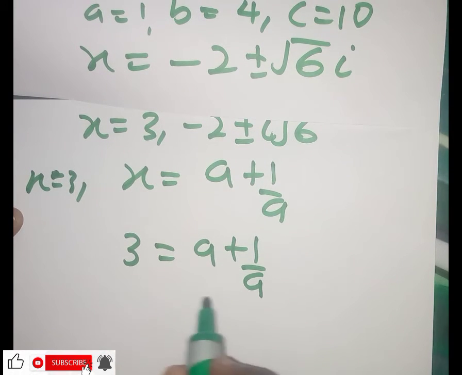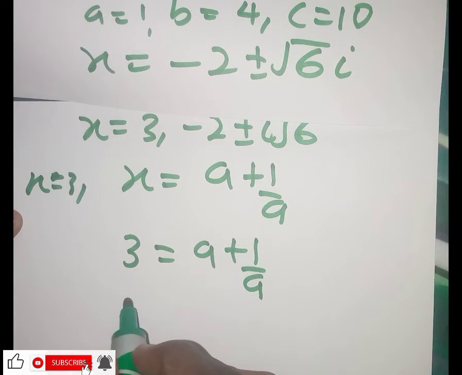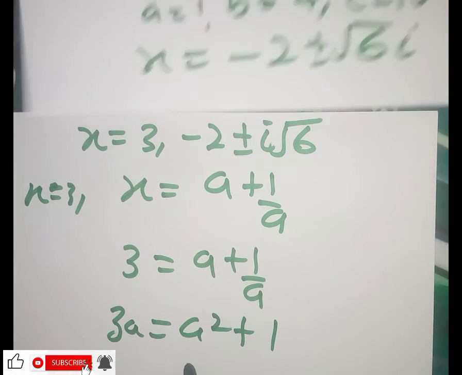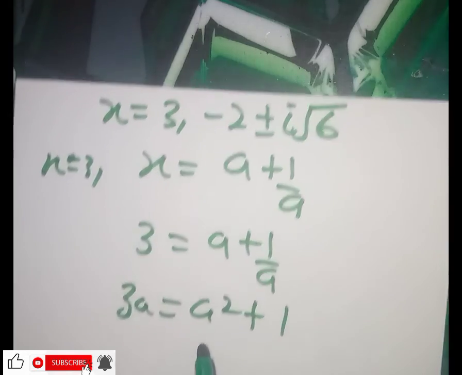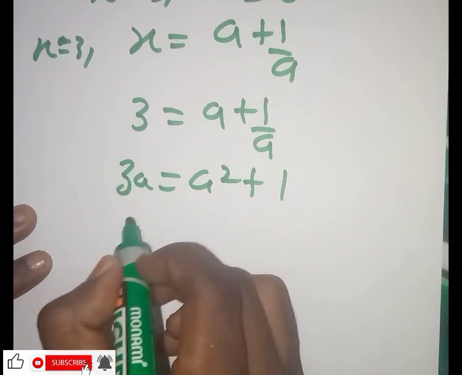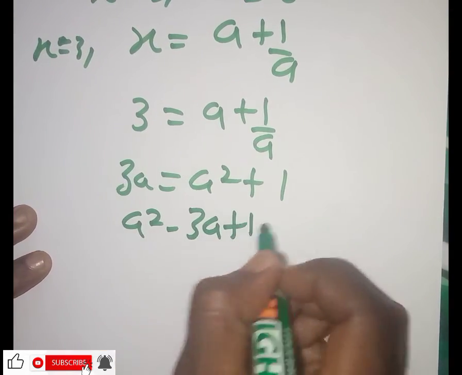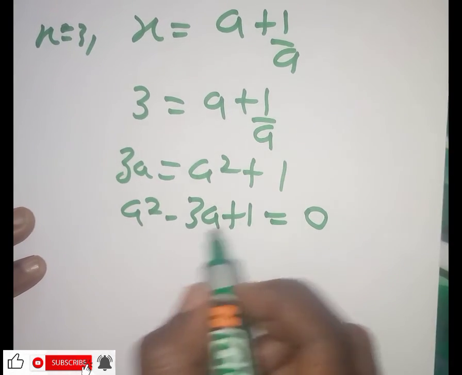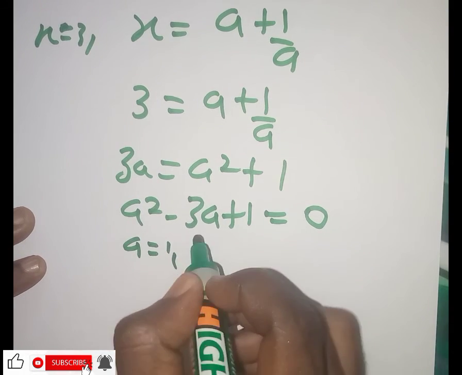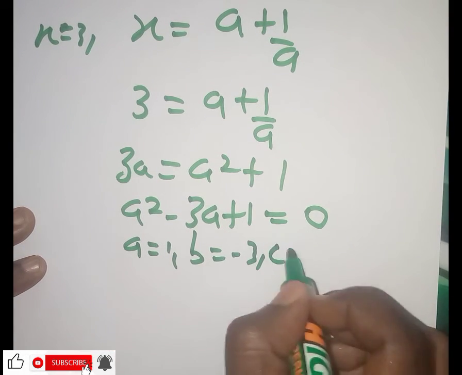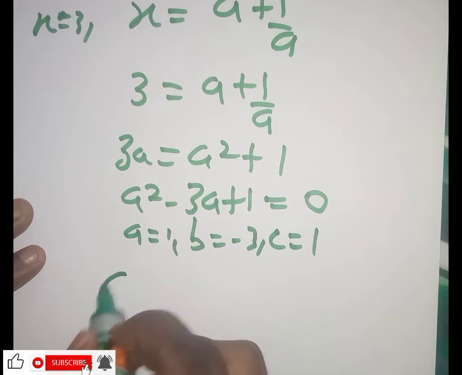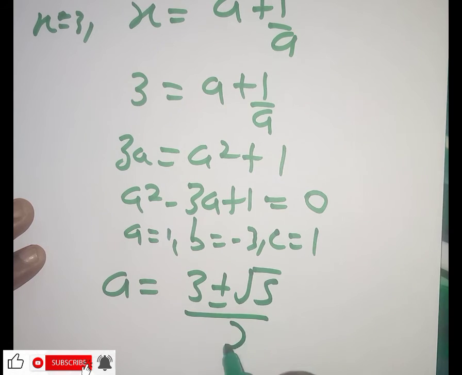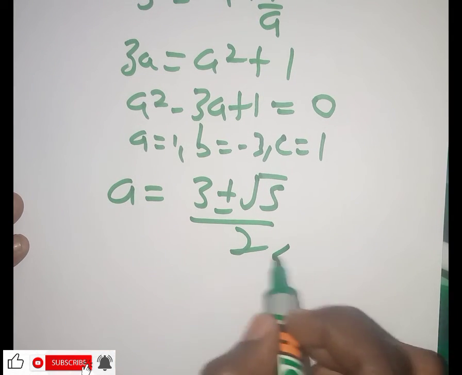Multiplying through by a, we have a squared plus 1 equals 3a, and from here we are going to get a quadratic equation: a squared minus 3a plus 1 equals 0, right? Now when we solve this also using the quadratic formula, saying a equal to 1, b equal to minus 3, and c equal to 1, we are just going to get 3 plus or minus the square root of 5, divided by 2,